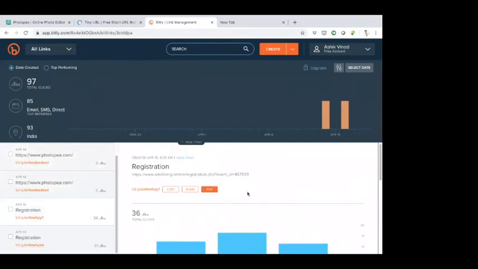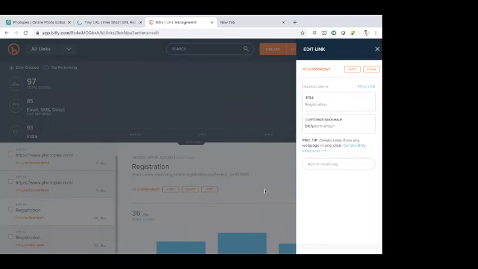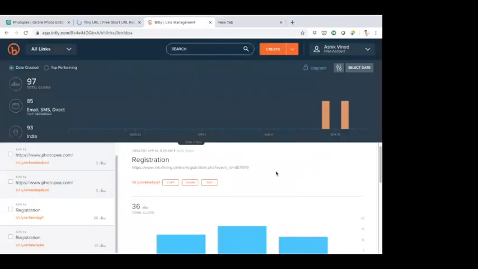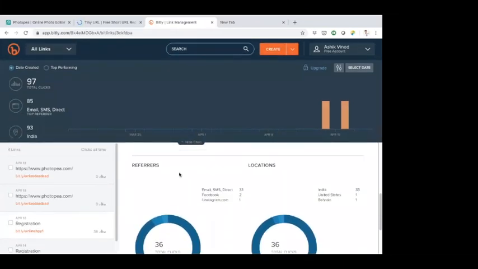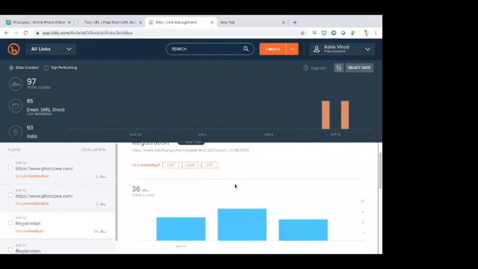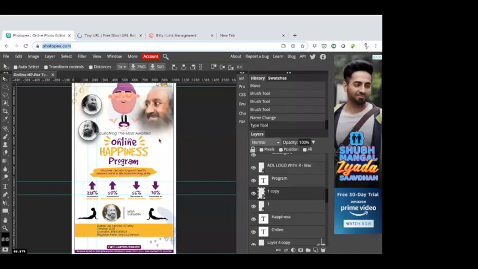I can click on edit and edit the actual link. There should be an option to edit this one. I am new on bit.ly actually. I'll let you know if I find out how to keep it for tomorrow. Yeah, we'll keep it for tomorrow. I think our time has actually breached.